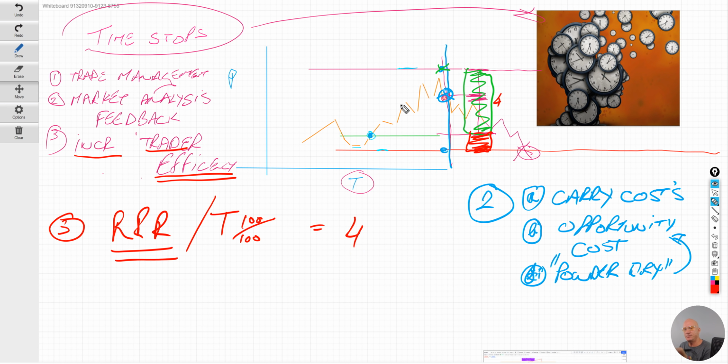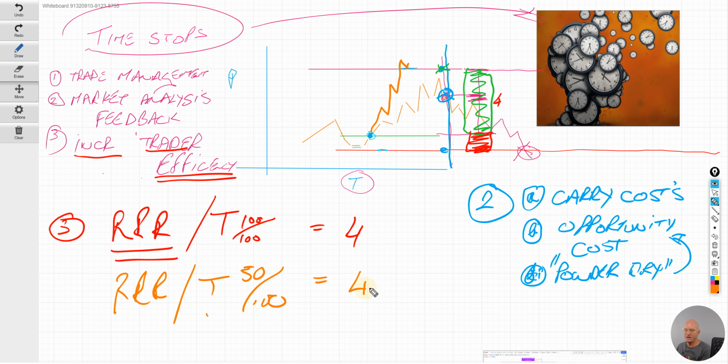However, conceptually, imagine you could get trades where maybe the RRs aren't getting higher, but they are more likely to perform quickly. And instead of taking 100% of the time, your RR on Mr. Fast Shoes is 50 over 100, and it's the same risk-reward ratio. You actually get an RRT of 4 times 2 equals 8, because dividing by 50 over 100 is the same as multiplying by 100 over 50. So whilst the rewards and the risk ratios are identical between these two,